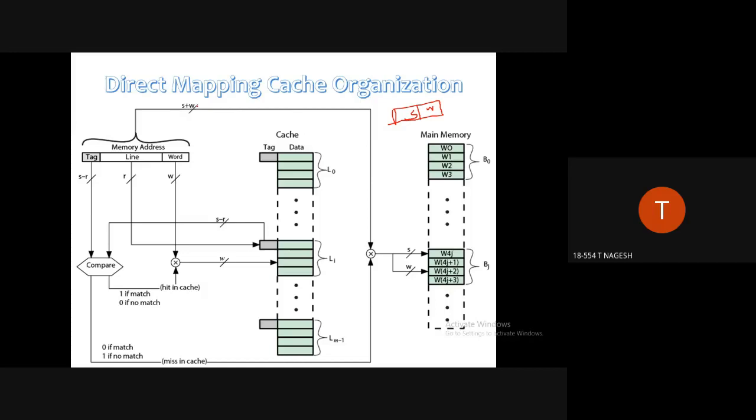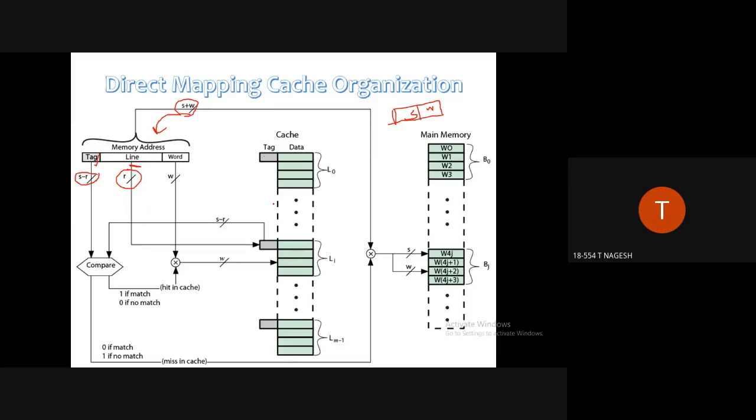So what we are doing here is taking both S and W combined, and splitting that entire S plus W value into three parts. What are those three parts? Three slots which are compatible with the cache memory address for direct mapping, right? One represents the tag value, another represents the line value, and the other represents the word. The word value is simply copied over, and the S value gets split such that the tag is represented by s minus r and the line number is r.